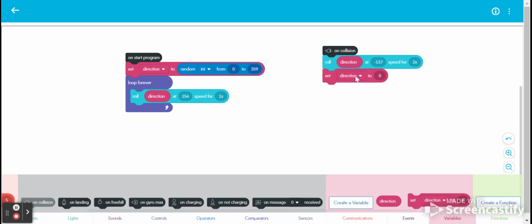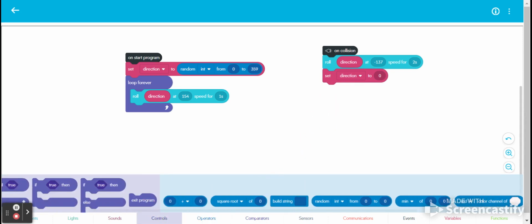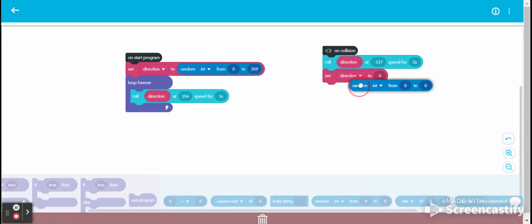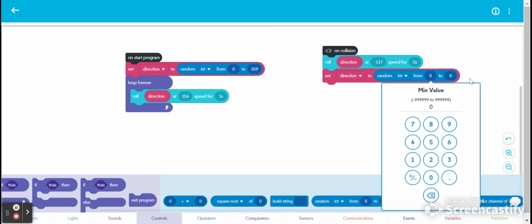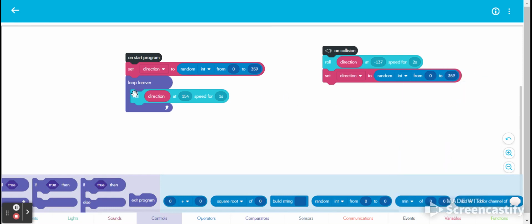Once it rolls backwards for 2 seconds, now we're just going to pick a new direction. Okay, so that thing will have hit and rolled backwards, and then we just want it to pick a new random direction. And then remember, this is a forever loop. So essentially it's driving forever. When it collides with something, it jumps into this code, rolls backwards, picks a new direction, but then it's